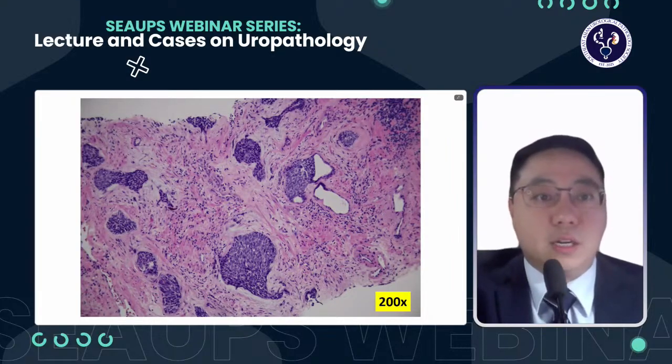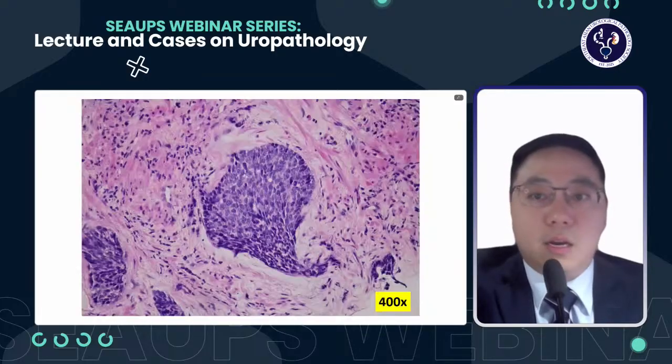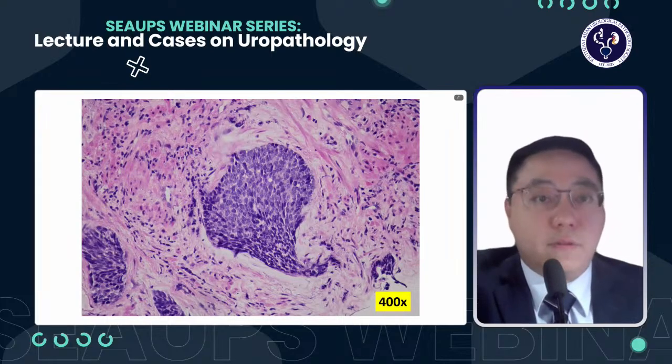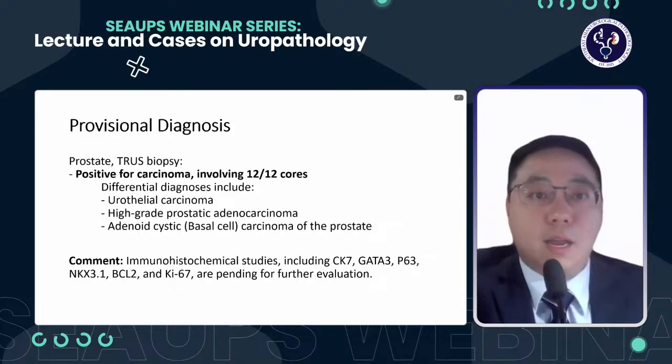Once again, you can see the tumor cells have the same morphology as the basal cells here. The tumor cells exhibit nuclear pleomorphism, fine chromatin, prominent nucleoli, and a scant amount of basophilic cytoplasm, and you can see mitotic figures here. The provisional diagnosis was positive for carcinoma involving all 12 cores in both sides of the prostate, and